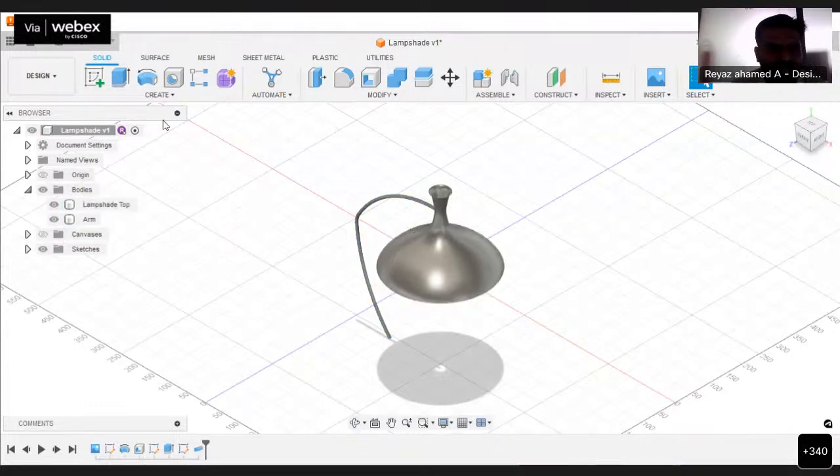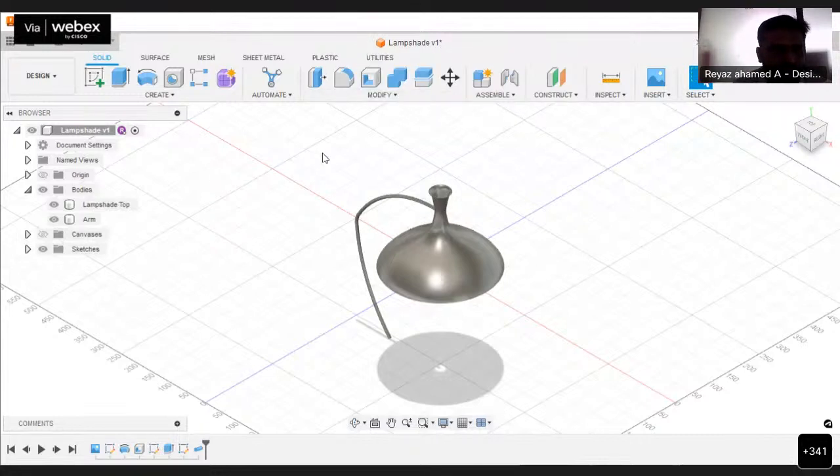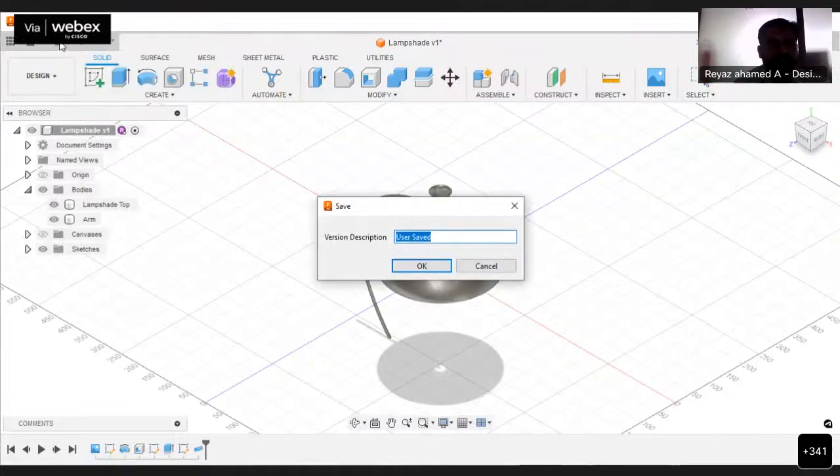Let me save this one. See, the first time you save it, the name is saved as lampshade V1, which represents version 1. Now again, let me click on the save button. The version description by default is user saved.